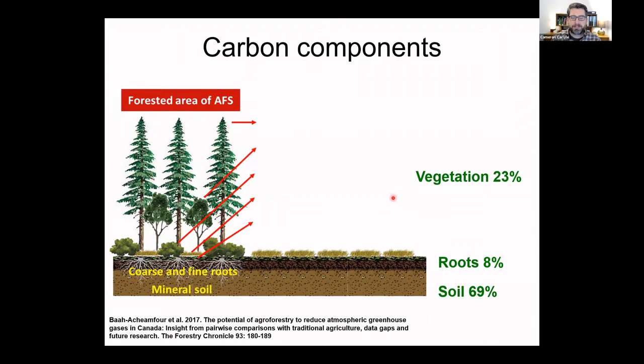There was a question about treed versus untreed areas. And what we've seen is, if you have an area where there are no trees, if it's perennial, the amount of carbon in the soil is more or less similar to what is in the soil underneath the trees. So that's what we saw in our silvopastoral systems. But of course, you're missing the large amount of biomass that's held in the trees themselves.